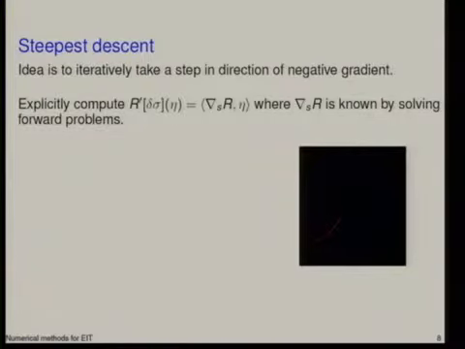The basic idea when you talk about steepest descent method, and this is the class of steepest descent method, is that in an iterative fashion you pick a direction which is in the direction of the negative gradient of whatever you are optimizing, and then you take one step in that direction in order to update your delta sigma.